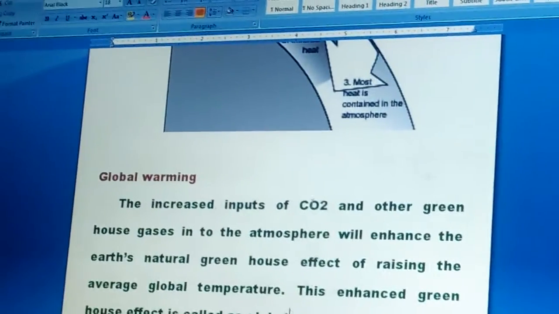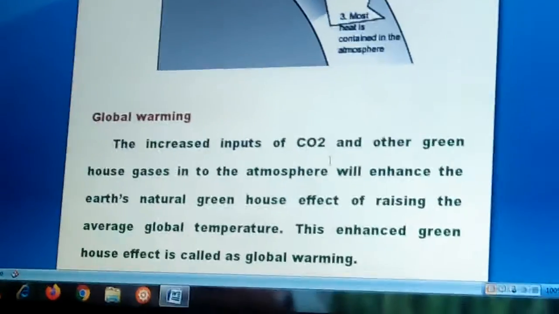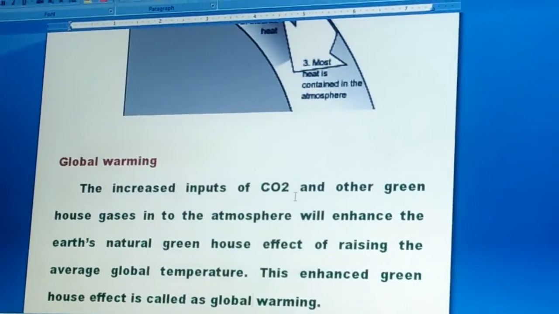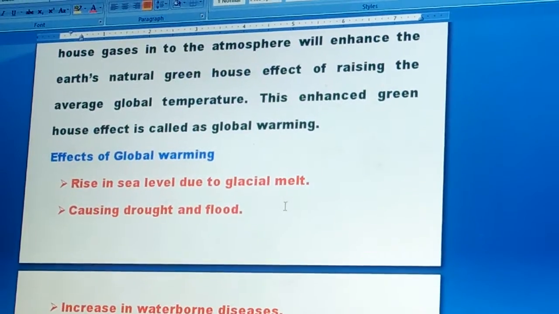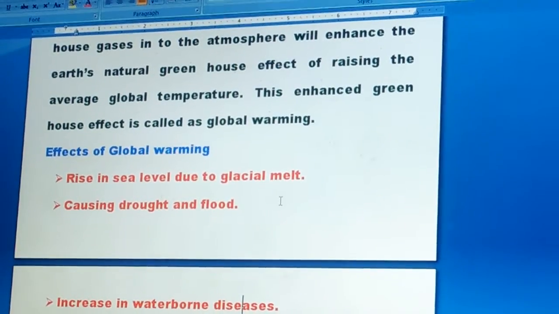Because of the carbon dioxide concentration in the atmosphere, the temperature will be increased. That is causing global warming. So what are the effects of global warming? If the temperature is increased,